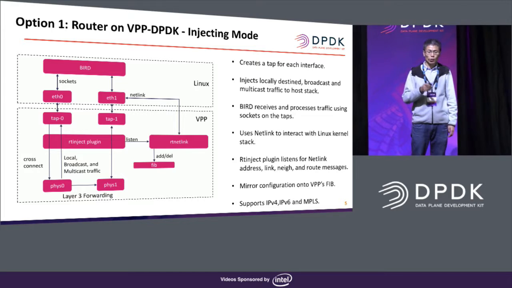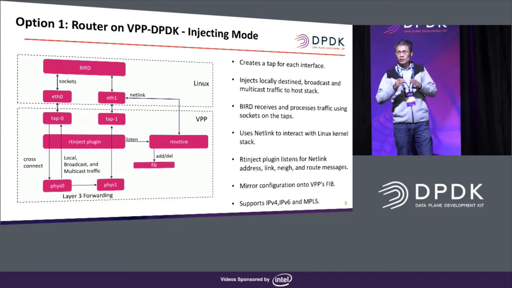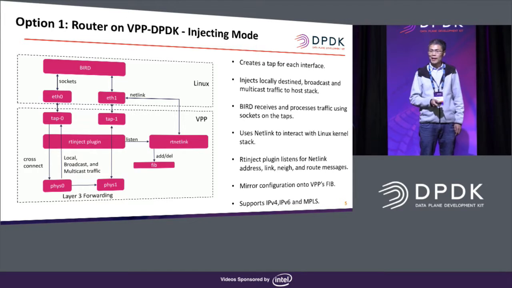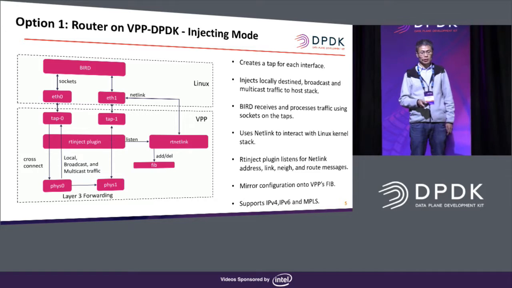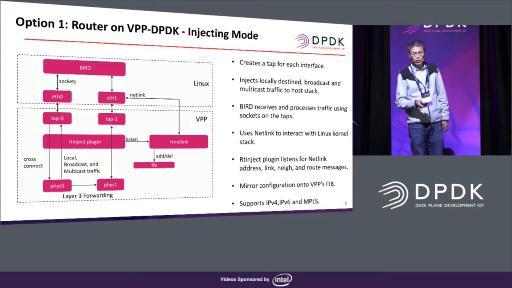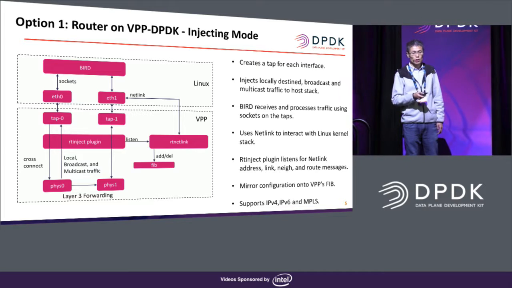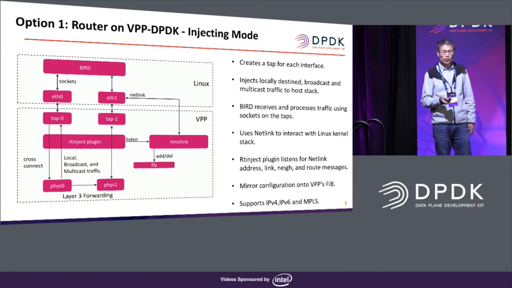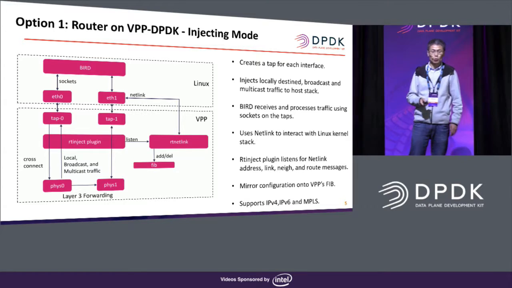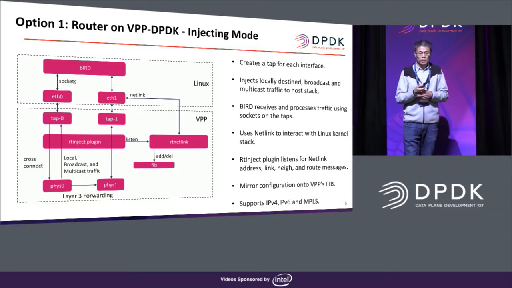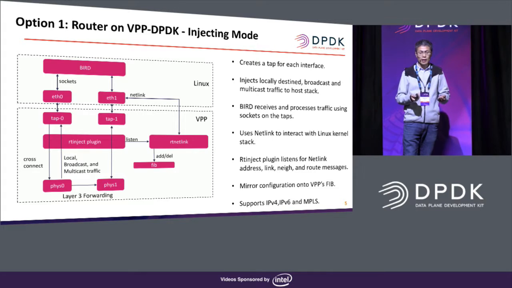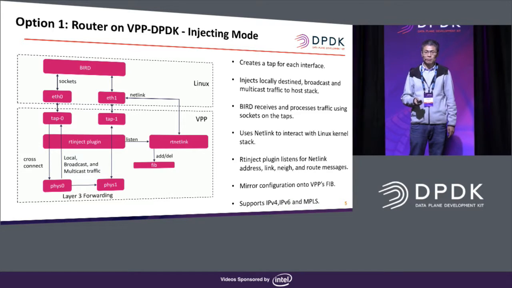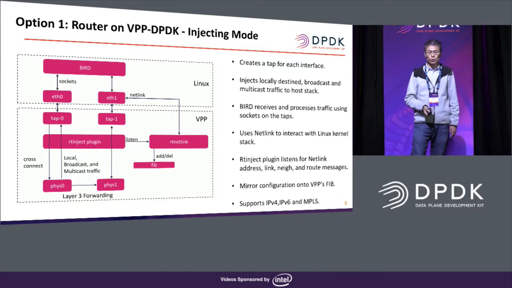Then you will cross-connect the physical interface with each tap interface. Then when you receive the protocol packet, the VPP router plugin will inject these protocols to the tap interface, and the board will receive the protocol packet from this tap interface and manipulate it. And then, if they need to configure the Linux kernel tables, they will use netlink to interact with the